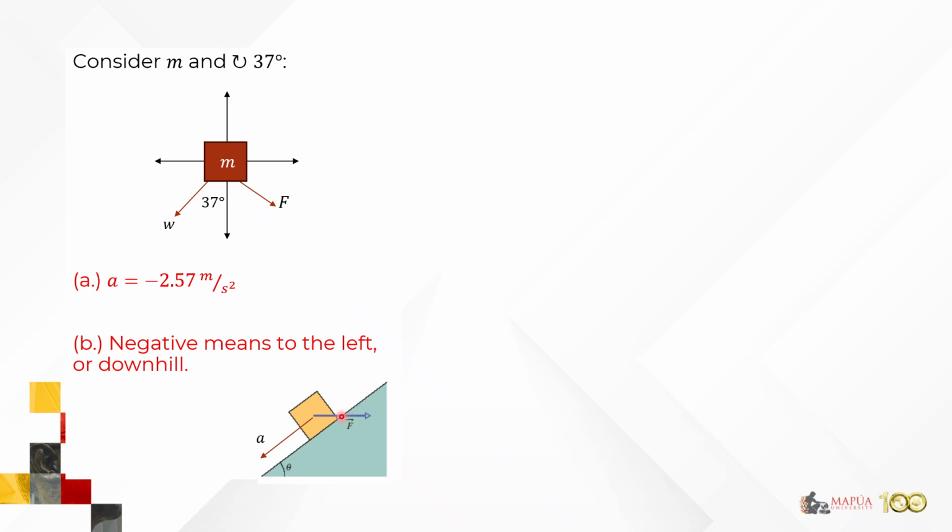And so that just basically means that the velocity of this block is slowing down, because the direction of a is opposite to the direction of the velocity. So it's now slowing down. We are asked for letter C, how far up the plane does the block go? Of course, it's slowing down, but it's still going upwards.